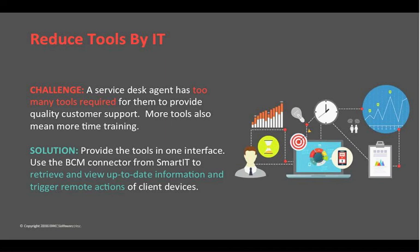I was at a customer site not long ago, and when the folks call in to get support, they need their machine name, and the machine name is on a tag that's underneath the desktop. So a lot of them have to climb under their computer and pull that up. It's a very manual process. So what we could do with BCM is take that requirement out of the picture,